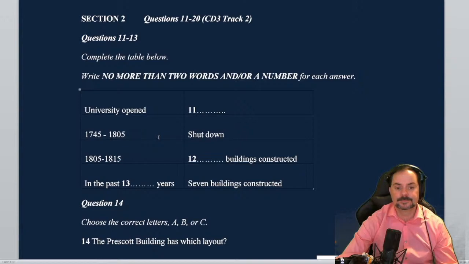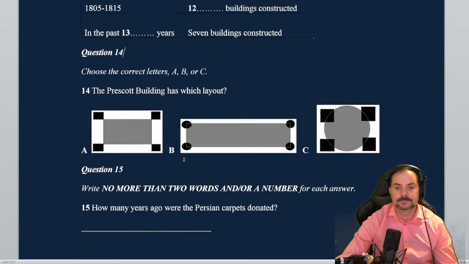Before we start the tour, I'd like to give you some background information. This university was originally opened in 1686, although from 1745 to 1805 it was shut down due to a lack of funding. The university is composed of 23 buildings which were built in one of three periods. There were 4 original buildings in 1686, a dozen more buildings were constructed in the period from 1805 to 1815, and the final 7 buildings have been added in the past 10 years. So there is a fascinating mix of 17th century, 19th century and quite modern architecture.